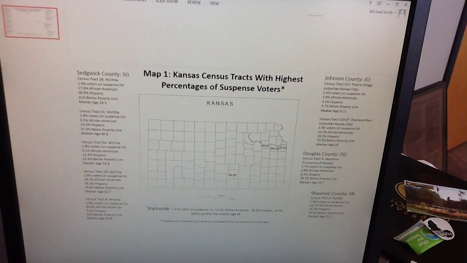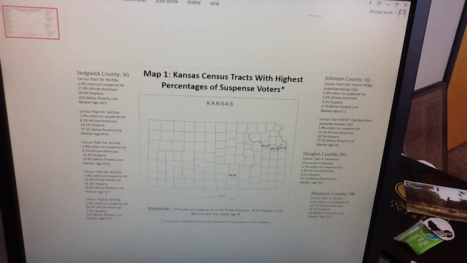We also found some tracts in other counties. There are two in Johnson County. One of them is what we might call an inner ring or changing suburb. It's an area whose percentage in poverty and diversity is not actually as high as the state, but it's higher than the averages for Johnson County. And that's this second census tract in Overland Park, with 15.2% African American residents, 10.5% Hispanic, and 13.3% in poverty. Now, all of those are not that remarkable compared to state averages, but this census tract is a good deal more diverse and less wealthy than the other ones in Johnson County.